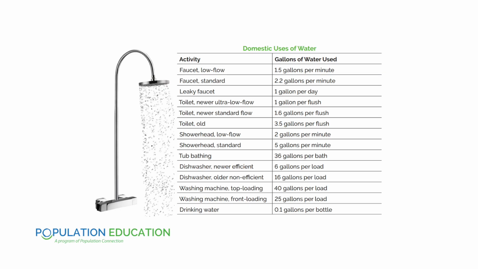In this part of the lesson, students will consider if they are typical water users by estimating how much water they use a day and reflecting on ways they might be wasting water. You'll want to display the domestic uses of water table provided in the lesson so students can calculate their estimated daily water use. You also can have students calculate the class average here to see how they compare to their classmates and even extrapolate to the approximate water use of their city or town. Additionally, students can reflect on ways they might be able to reduce the amount of water they're using.